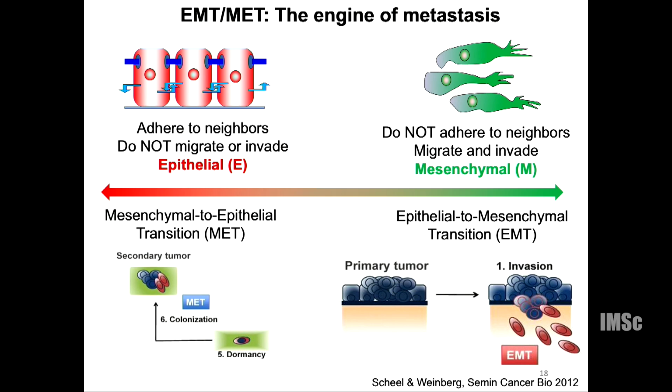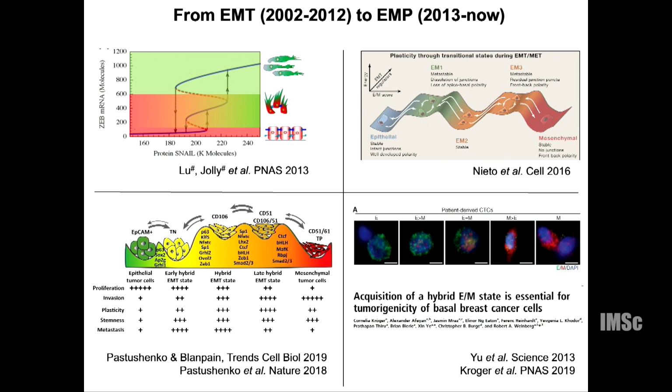Okay. Now, EMT or MET was largely thought of as a binary process almost a decade ago. And some of the work we did initially making mathematical models predicted that EMT was not a binary process. You could have this third state where cells are neither completely epithelial nor completely mesenchymal, which is what we called hybrid states. And there was one other paper around the same time which predicted the same thing, looking at a slightly different network, and suggested that this could be a stable phenotype that cells can maintain in addition to completely